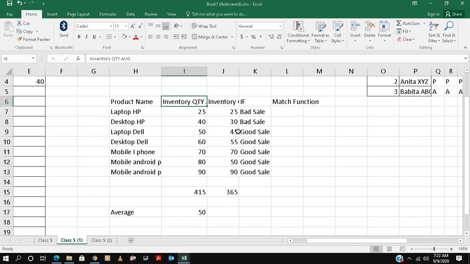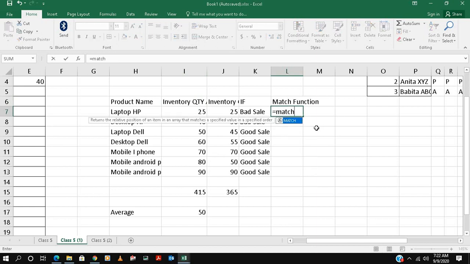Apart from that, this will help you with bank passbook entries. Suppose your bank figures are mismatched, you can do it with the match function. So what is the formula? You just go to match. Match, then lookup value.